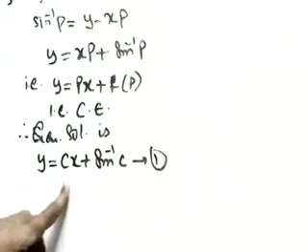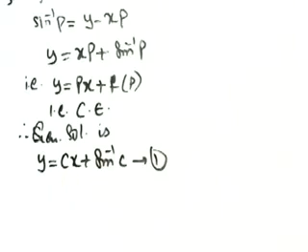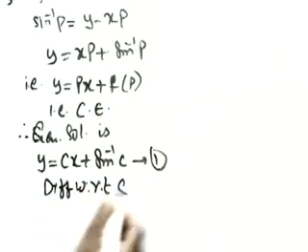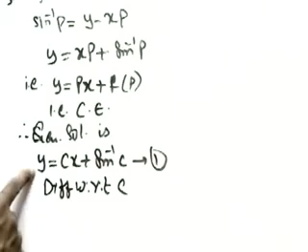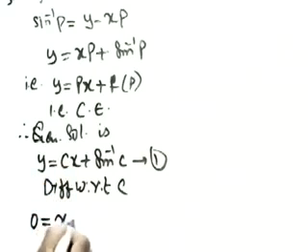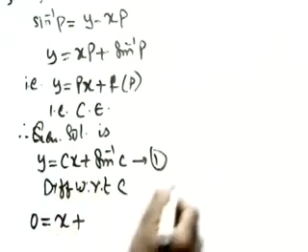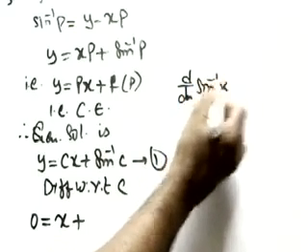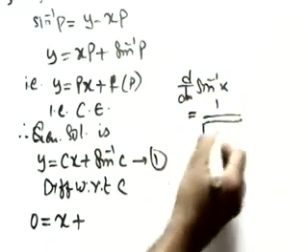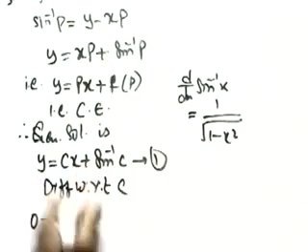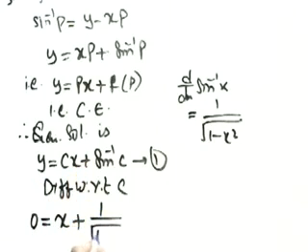Now for the singular solution, we have to differentiate this with respect to c. We have to find c and substitute in this value. So differentiate with respect to c. We don't have c here, it will become 0. d by dc of c will be 1, 1 into x will be x, plus now d by dx of sine inverse x. We know d by dx of sine inverse x is 1 by under root of 1 minus x square. So the differentiation of sine inverse c will be 1 by under root of 1 minus c